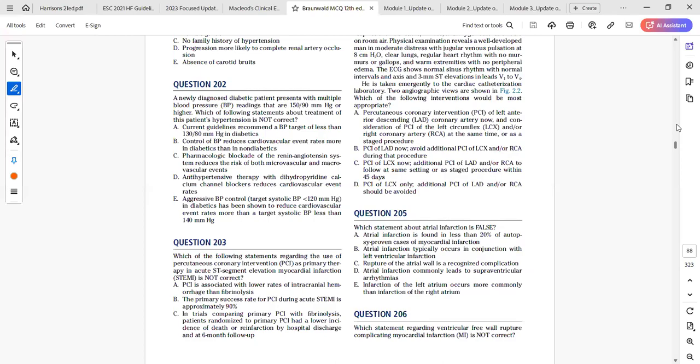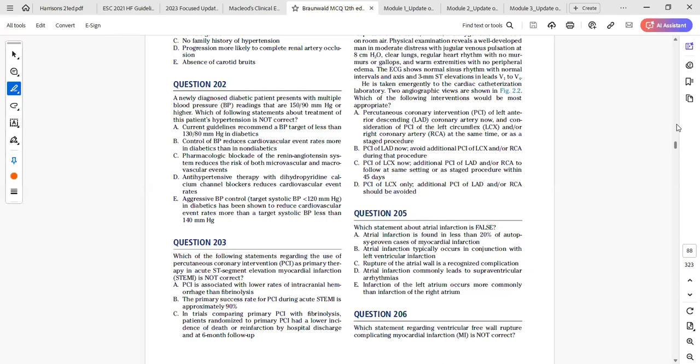Control of blood pressure reduces cardiovascular event rates more in diabetics than in non-diabetics. This is actually a correct answer. Pharmacologic blockade of the renin-angiotensin system reduces the risk of both microvascular and macrovascular events. This also is a correct answer. Antihypertensive therapy with dihydropyridine calcium channel blockers reduces cardiovascular events. Of course, this is a correct answer. So the wrong answer, the not correct answer there, is aggressive BP control in diabetes has been shown to reduce cardiovascular event rates more than a target systolic blood pressure of less than